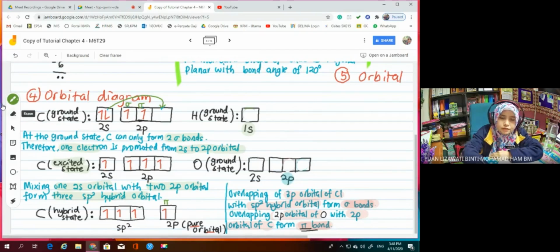Okay, next, you have to draw the orbital diagram for the terminal atoms. We start with hydrogen. Hydrogen has only one valence electron located in 1s. As for the oxygen,